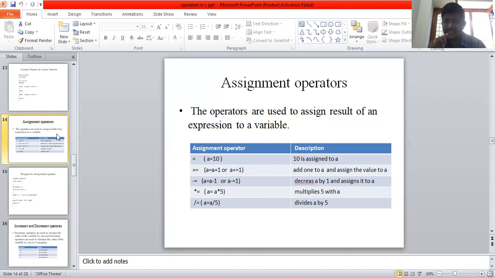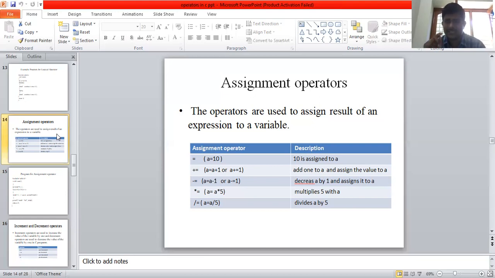That is the star equal to assignment operator. Next, division, slash equal to: a = a / 5. Divide a by 5. The value of a is 10, 10 by 5, the output is 2. 2 is assigned to a.